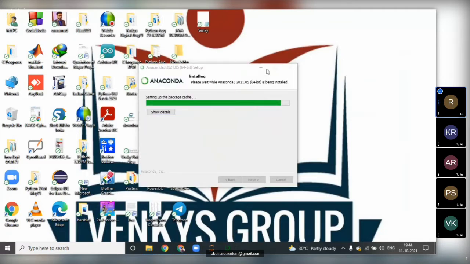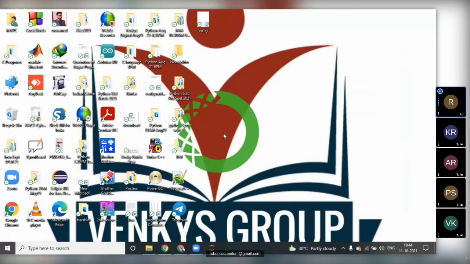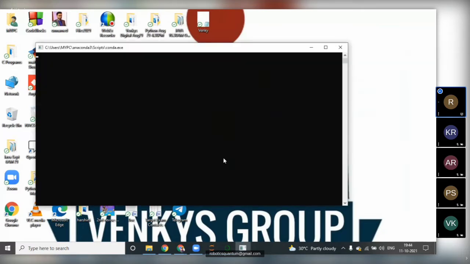See, while opening on your desktop, it shows this part like a green color one. When we open Anaconda Navigator, it takes a while. It's getting open.